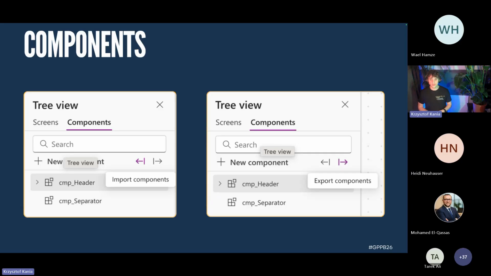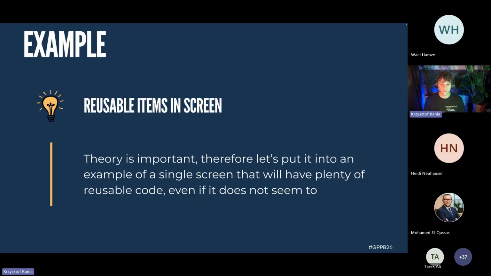However, if you would like to import and export components, you've got those two icons inside the components. It is really quick, really easy, and it will improve your reusability approach in the future. Okay, so